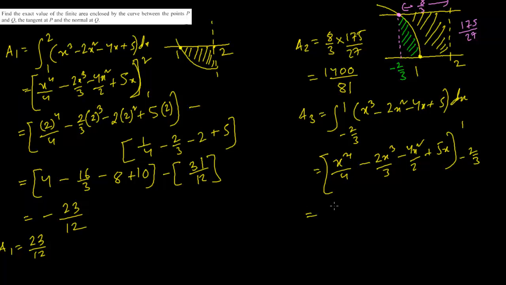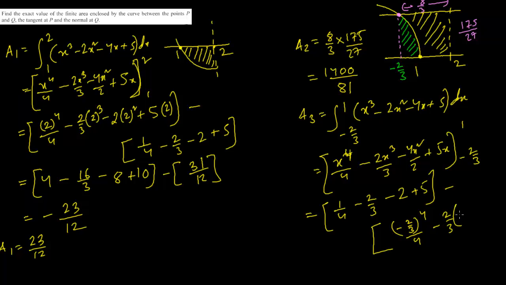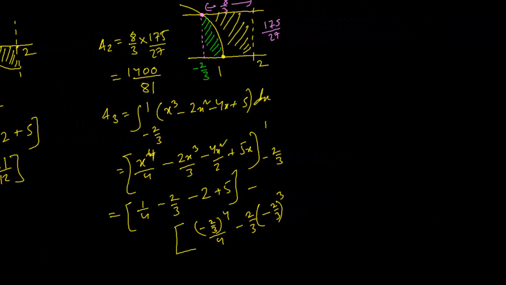to 1. Okay, so if I put 1 here first of all, 1 to the power anything is 1. So 1 by 4 minus 2 by 3 minus 2 plus 5. So that is going to be the first one. Minus, if I put here minus 2 by 3, it is going to be minus 2 by 3 to the power 4 by 4 minus 2 by 3, and this is going to be minus 2 by 3 cubed. Then we have minus 2 minus 2 by 3 whole squared, and we have plus 5 into minus 2 by 3. You have to be very careful to make this